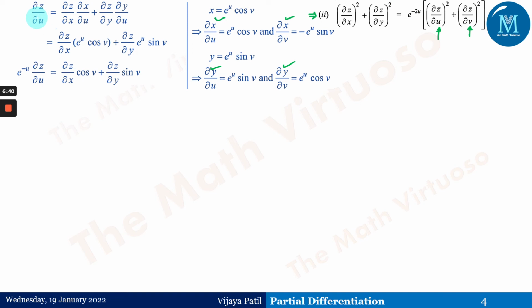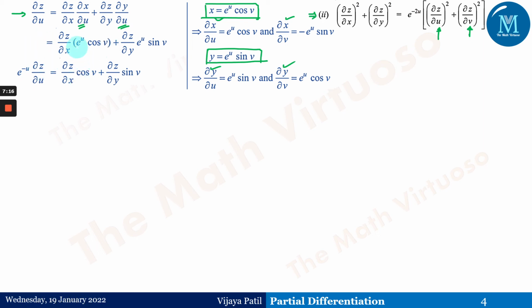So it is nothing but ∂z/∂u equals ∂z/∂x, using the chain rule we have seen in the last case. Same way here we have ∂x/∂u, the value we have taken from here, because x and y are defined separately here. If you observe, this is x and this is y, so accordingly we differentiate y and x with respect to u and v. Same way, we put the values over here, and we will get e to the power u.